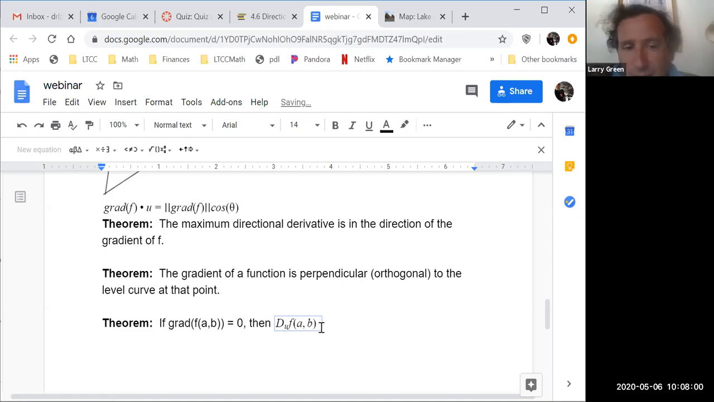Any thoughts? Okay, if the highest you could be is 0, and by the way, negative the gradient will be the minimum, that means the lowest you could be is 0. How high are you? This isn't supposed to be hard. If the highest you could be is 0 and the lowest you could be is 0, how high are you? Anywhere. 0. Exactly. So the directional derivative is 0